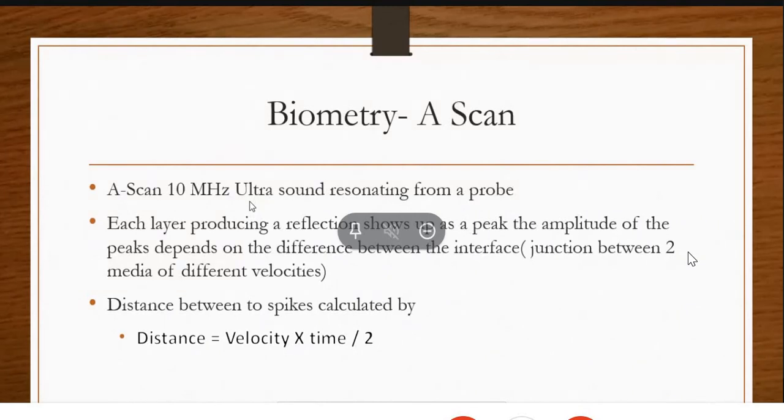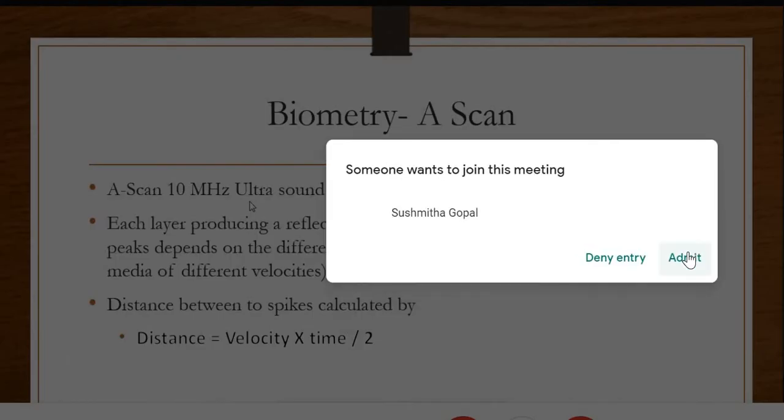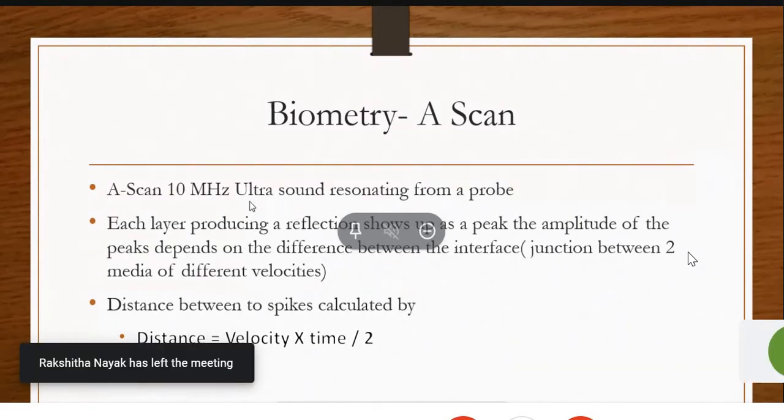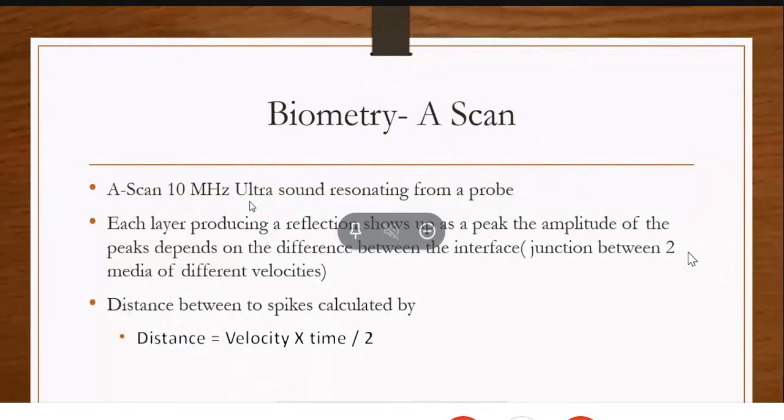So mostly what you want to look at keenly in the biometry report is the spikes. A spike is nothing but a reflection produced from each and every interface of the eye, starting from the cornea till the orbital tissues. It will give several spikes. So the spike selection in ultrasound A scan is very important, because if the probe is not perpendicular to your